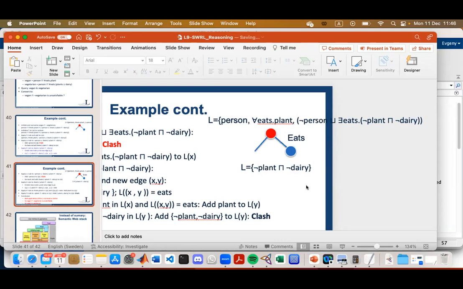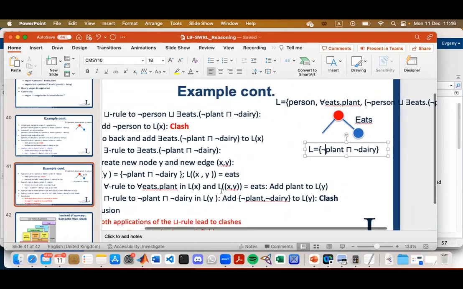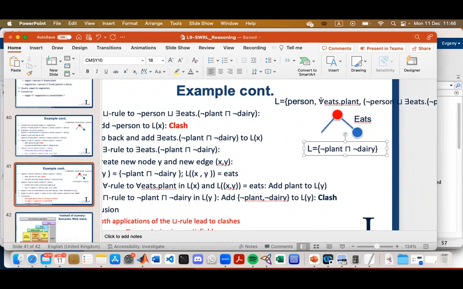So how you interpret it is that there is an individual that doesn't eat plants nor dairy, and is in relation to the previous concept via the edge with the label eats. And as soon as you do it, the only thing left is this all thing. The expansion rule for all is that it needs to be propagated along all the children.